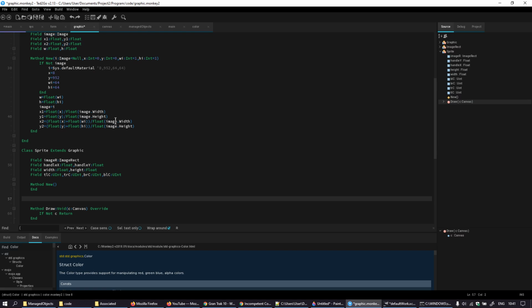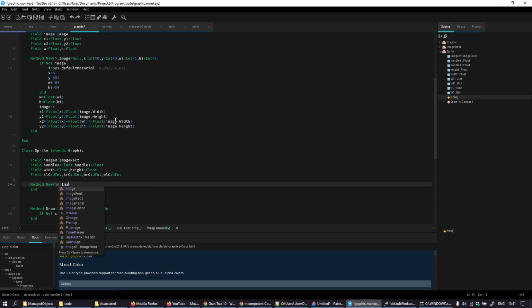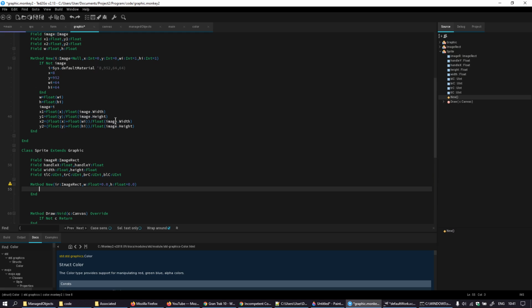But the main point is getting bogged down thinking about the variety of things this needs to do. One thing is it needs to have an IR passed, or you may want to pass that, and you may want to pass a width and a height, but you may not. And that is all for now. Everything else will be default. And I'll say if not IR,